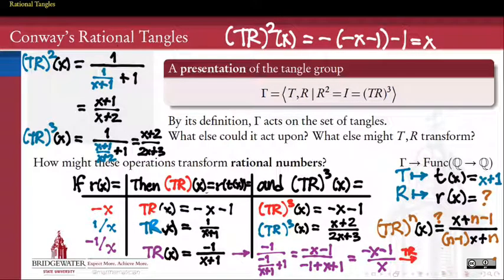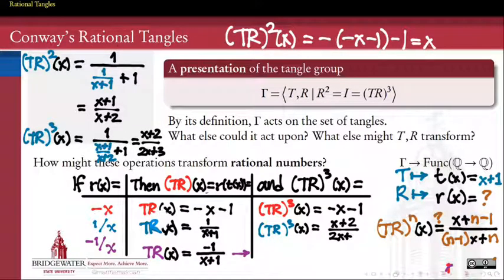So lo and behold, that's actually what we were looking for out of this process, right? We were looking for an r that was able to satisfy TR to the third power is the identity function. And now we just found one. So let's celebrate that for a minute, that we have found an example